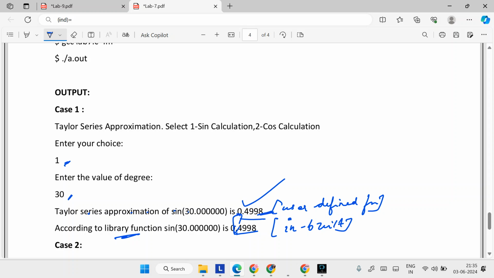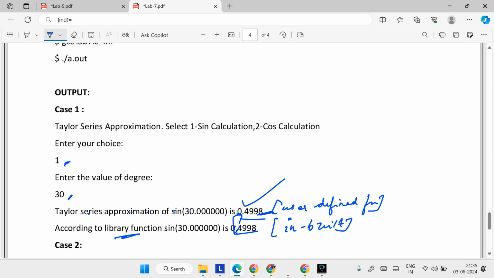This is how you will do the Taylor series approximation. Initially, understand what is sin x and how the Taylor series approximation happens for sin x and then for cos x. For sin x, understand the initial term, calculate it separately, numerator and denominator. Then go on doing the other terms. You divide the numerator by denominator, you get a term. Then you add that term into the sum.